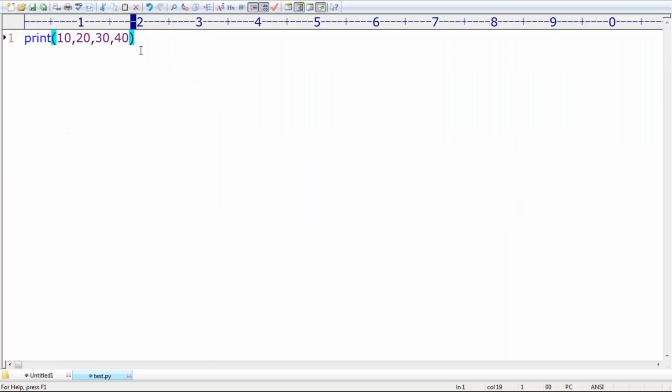Now my requirement is, observe. While printing these many arguments, I don't want a space. I want a colon. Are you getting it right? What will I take? Okay, sep. Sep is equal to colon, like I'm taking. Are you getting colon? Separator is colon like this, right?